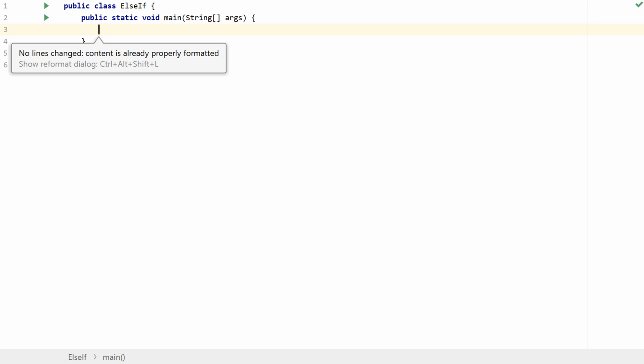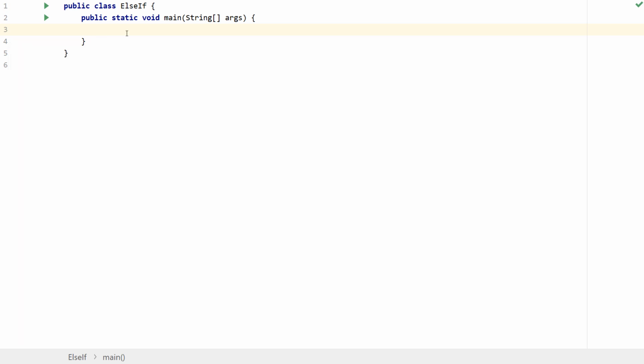Another form of if exists, which allows for a division not only according to true or false. Let's say a user gives a signal via a number to a CD player. 0 means play, 1 pause, and 2 stop. Let's declare a variable named signal with a value of, for example, 1, and then